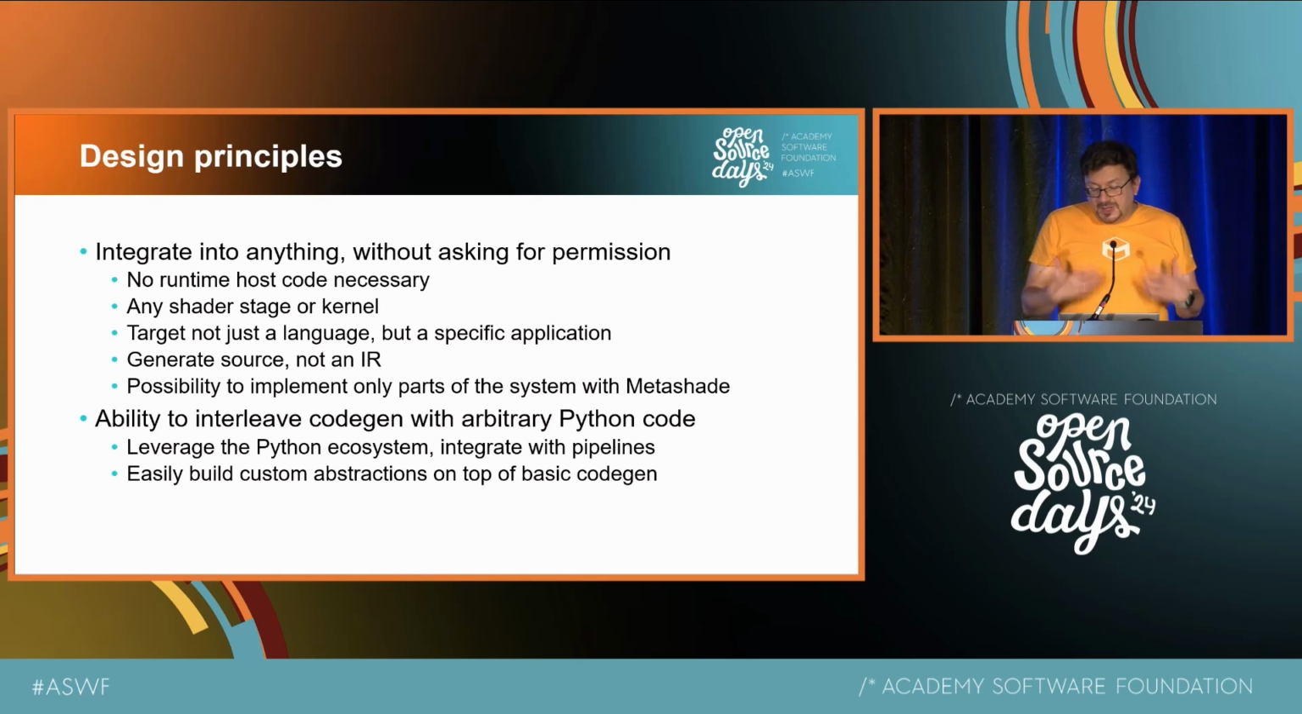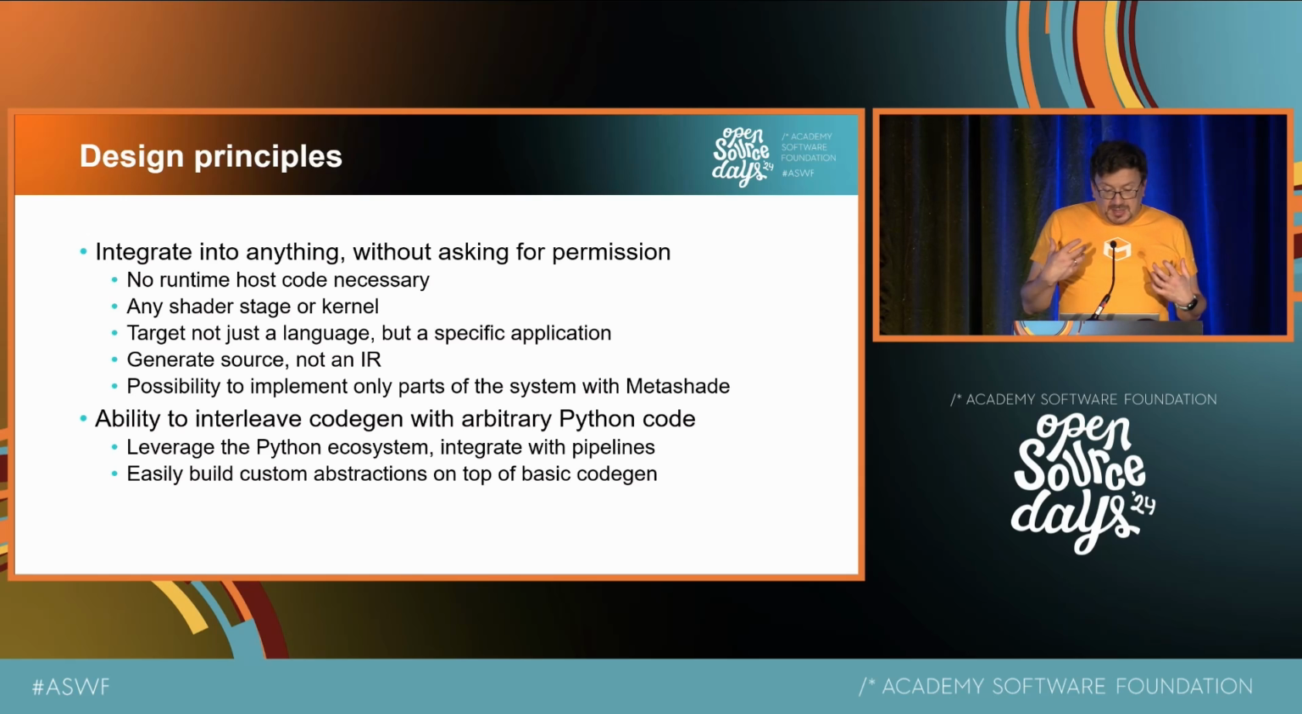And all of that pretty much leads to the observation that we have to generate source code and not an intermediate representation because, well, that's the lowest common denominator. And of course, Metashade shouldn't require rewriting everything in Metashade. And then another major point